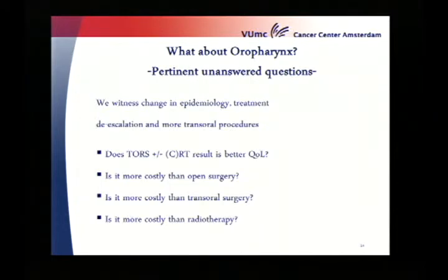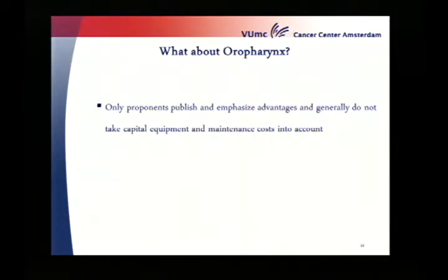Or is it more costly than radiation therapy? But we also have to realize that only the proponents publish and emphasize the advantages, and generally they do not take the capital equipment and maintenance cost into account. And that's something that's logical. With every new fancy apparatus, the proponents will